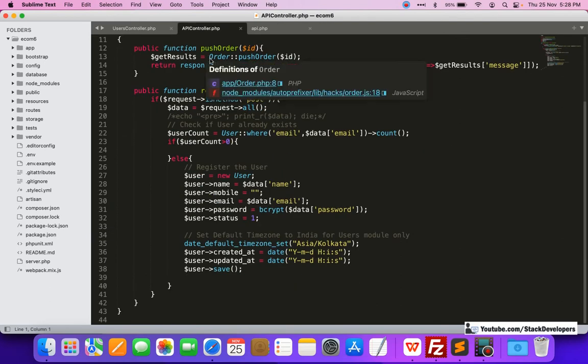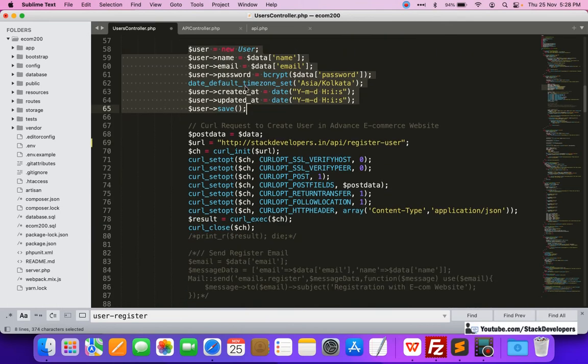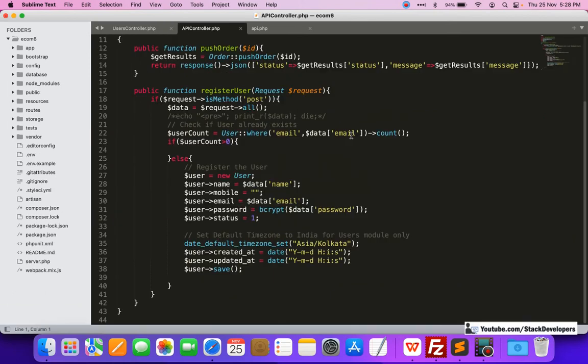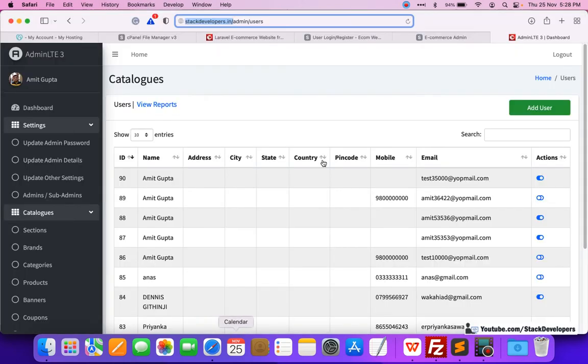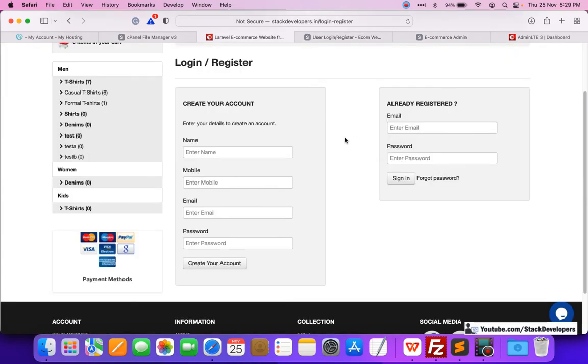Okay, so it is doing two things here. One is registering on the same website, the basic e-commerce website. When the user registers from the basic website, it registers here, and we are also registering to the other website, the advanced e-commerce website, with the help of curl. We are calling the API to register there as well, and the same thing happens vice versa. Now we are going to register on the advanced e-commerce website to see its code. We will register from the advanced website, and the user will get registered to both the advanced and the basic e-commerce website.